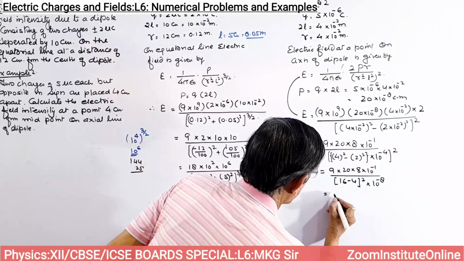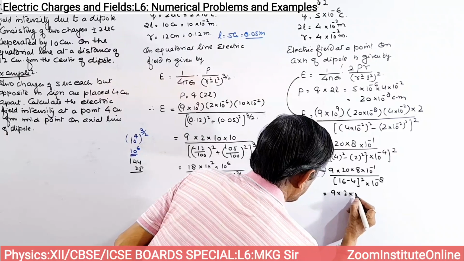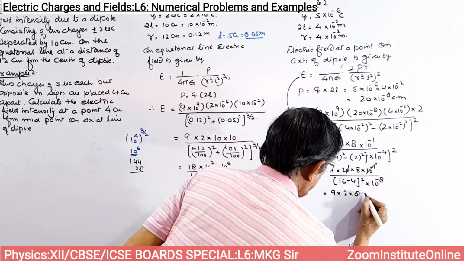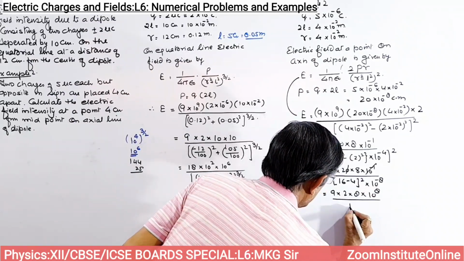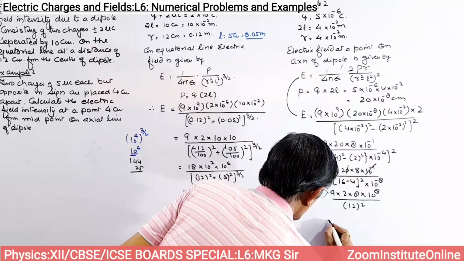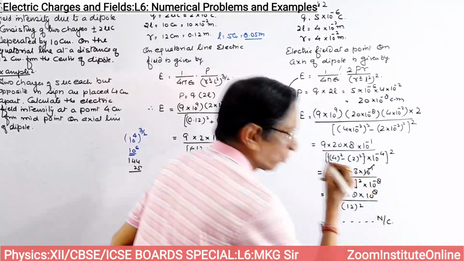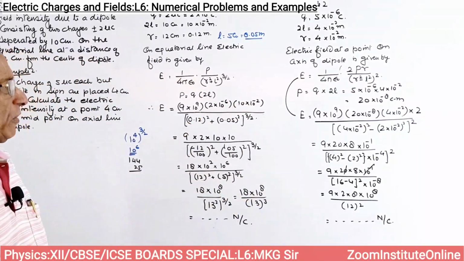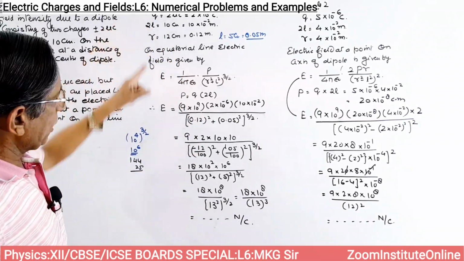So that is equal to 9 into 2 into 8. This 0 will be cancelled by this minus sign. This minus 8 will come in the numerator and now you are left with 12 square. So now you solve it and you will have your unit in Newton per Coulomb. In this way, dear students, you can calculate the electric field intensity at a point either on the equatorial line or